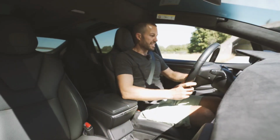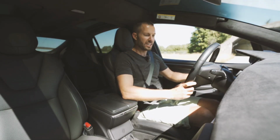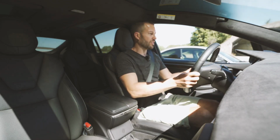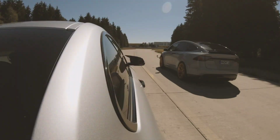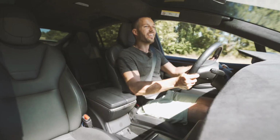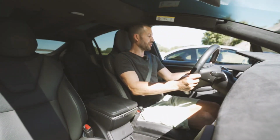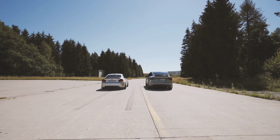The Tesla Model X P100D. I'm going to put my foot on the brake, squeeze the throttle, and that was it. One more time to make sure that there was no foul play in the game. Launch mode activated, and